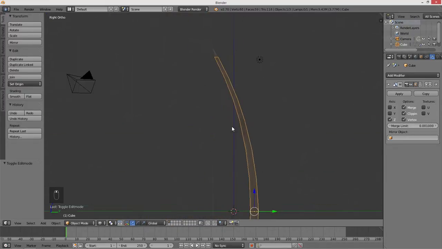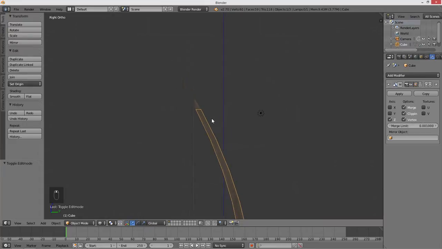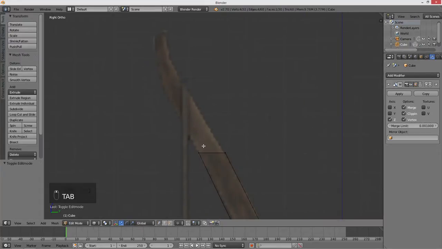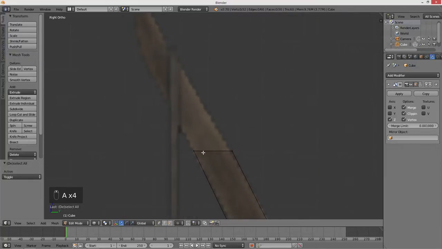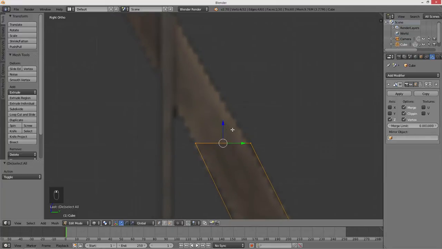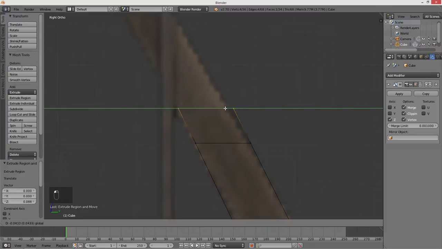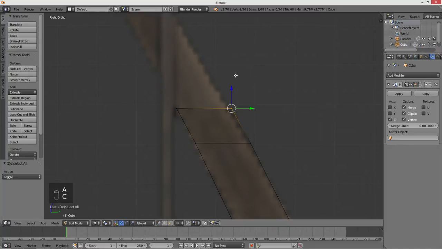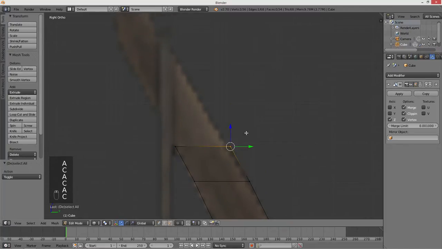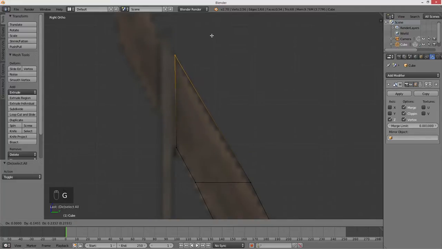Okay, so this is where it gets a little more complicated, because we're going to be adding a groove where our string is going to be. So make sure everything is deselected by hitting A, then select these two vertices at the top here, E to extrude, and then we're just going to end this right there where our groove will begin. So just about there. We're going to select this one alone, hit G to move it, and just move it